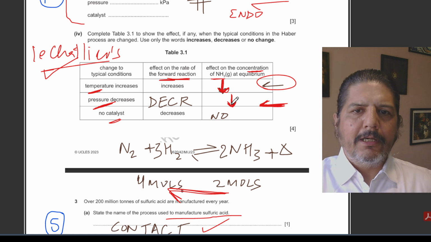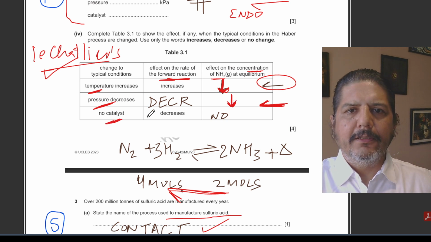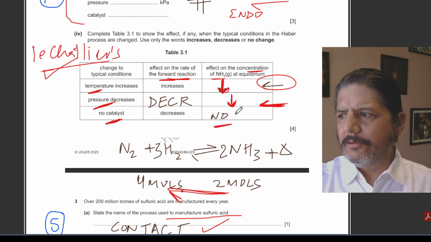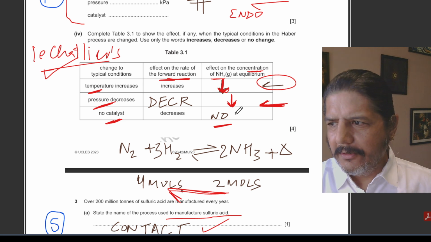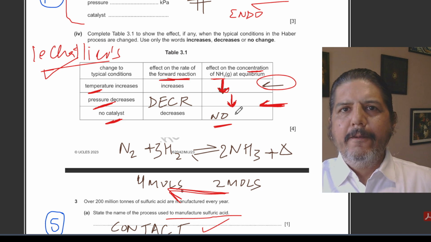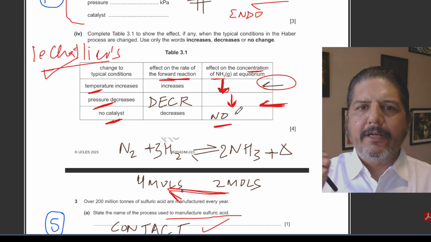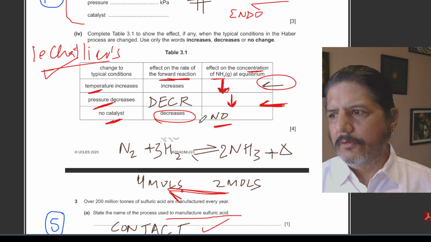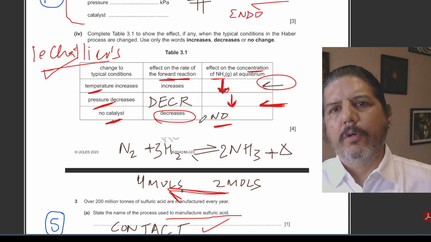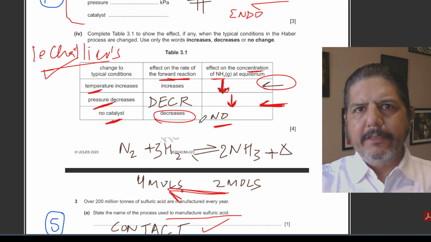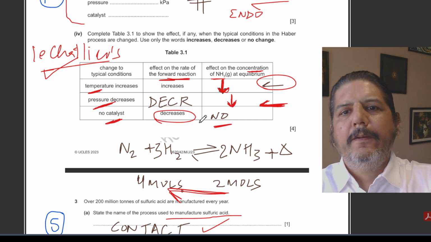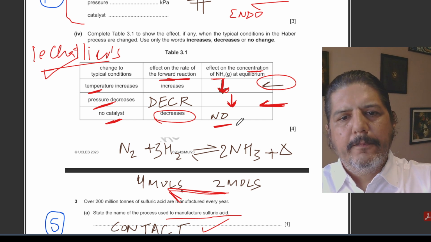Now, think about catalyst. Always remember the catalyst doesn't affect the concentration of reactants or products. It doesn't interfere with the yield of the product. What it interferes with is the rate of reaction, and that is why it is mentioned here that if no catalyst is used, the rate of reaction would be slower, but the yield would remain the same. The yield won't change. Hope this is making sense. Let's move to the next question.